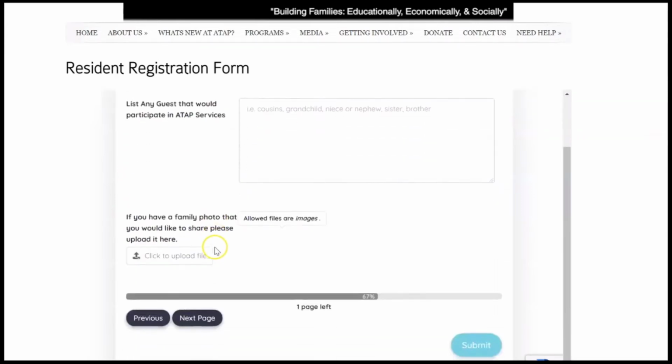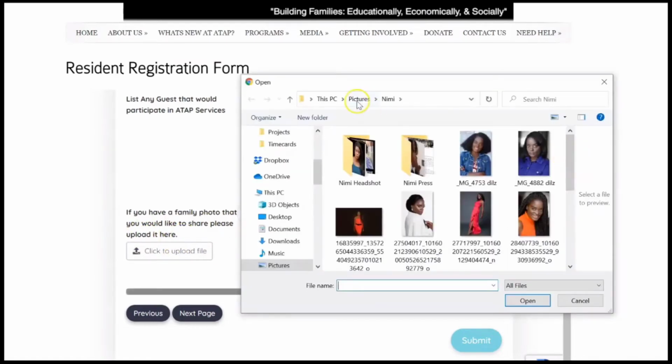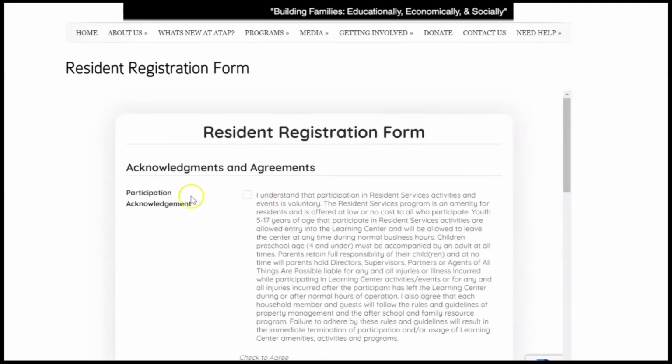We'd be adding this information just so that we have it. If they have a family photo that they would like to share, they can upload it here. Click and upload a family photo. Then they're going to have to